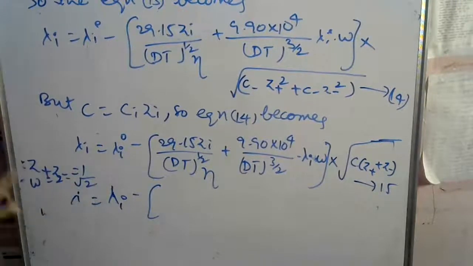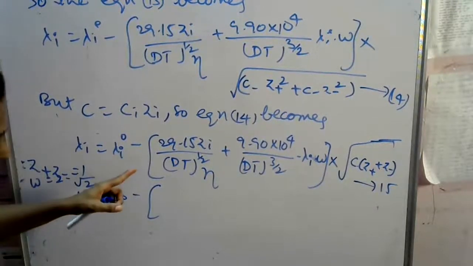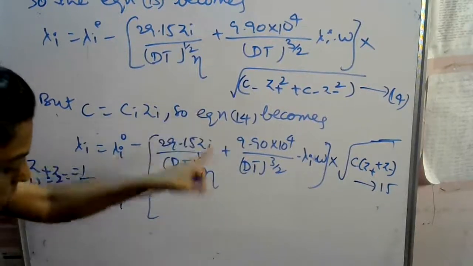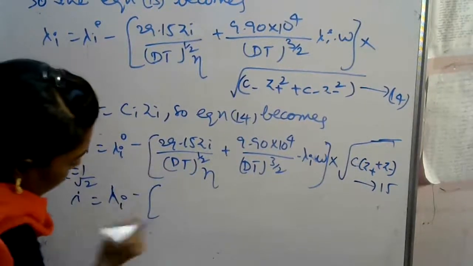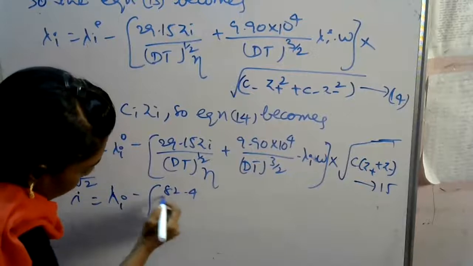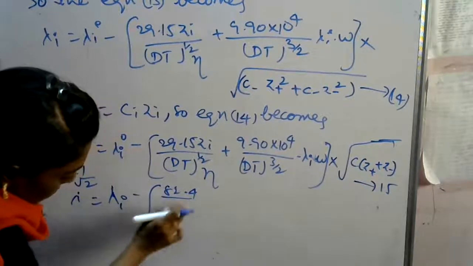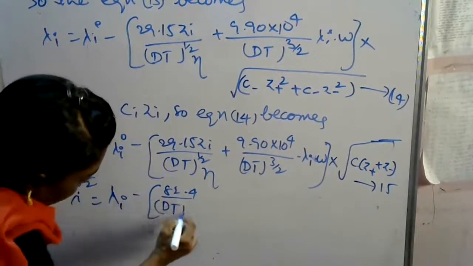So we have to substitute all the equation, then here the values change. Okay, so we got 82.4 by dt half